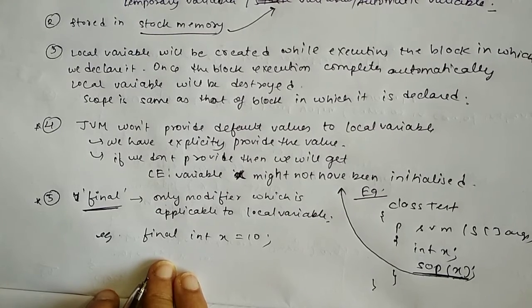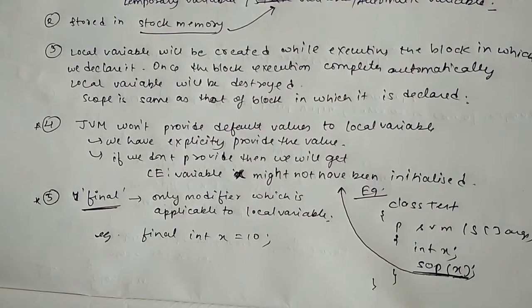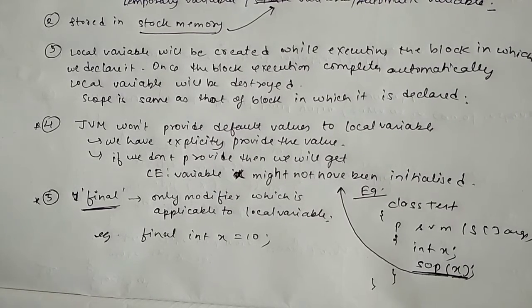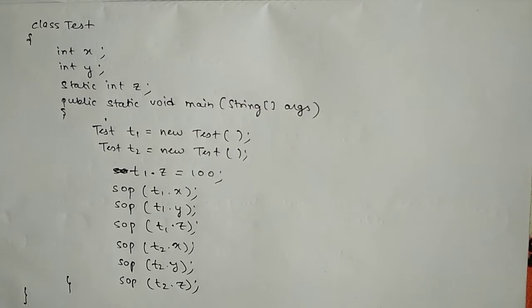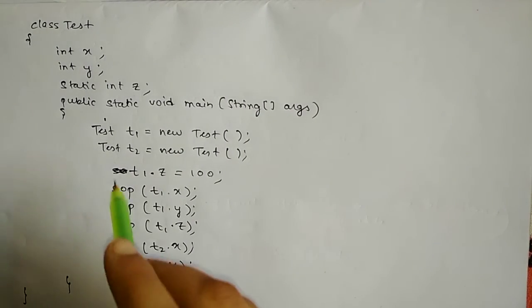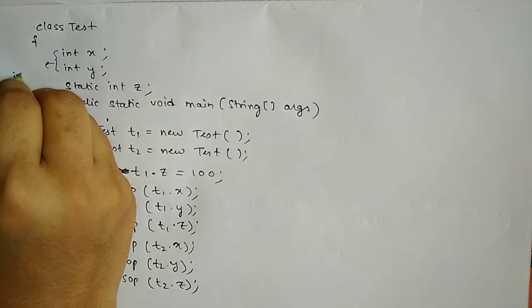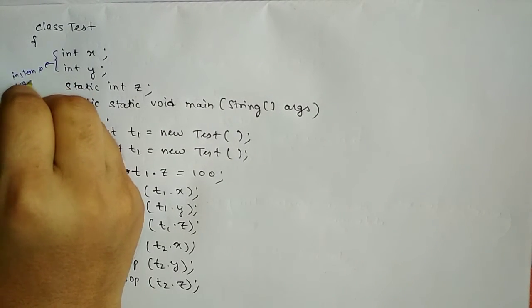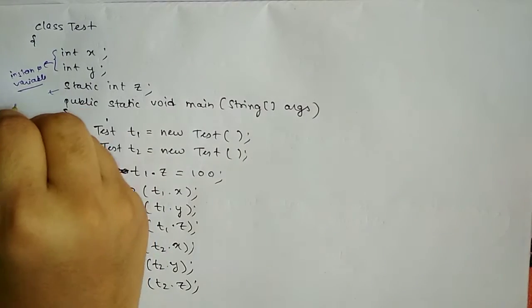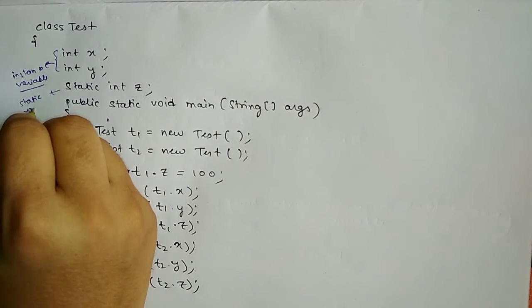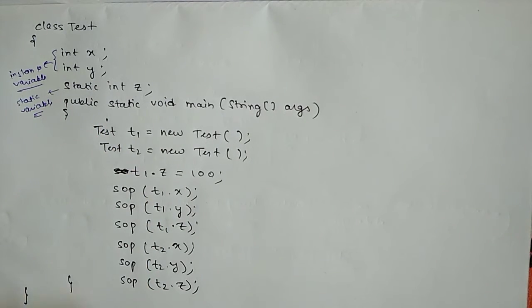So let's take an example which will make everything clear for us. Suppose we take this example. Here we have created a class Test, and these two, int x and int y, are instance variables, and this is a static variable. So this is the question. You can pause the video for 2 minutes and provide the answers, and then compare them afterward. So let me discuss the answer.